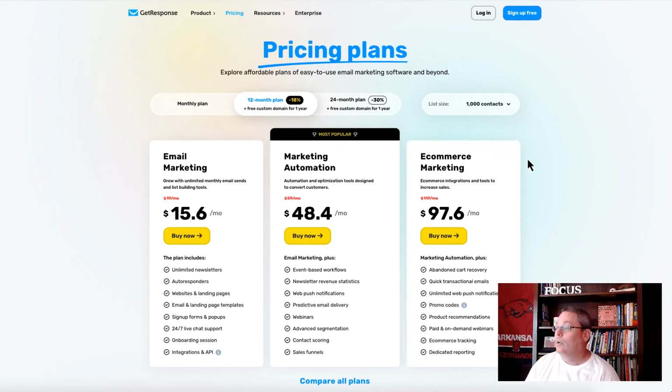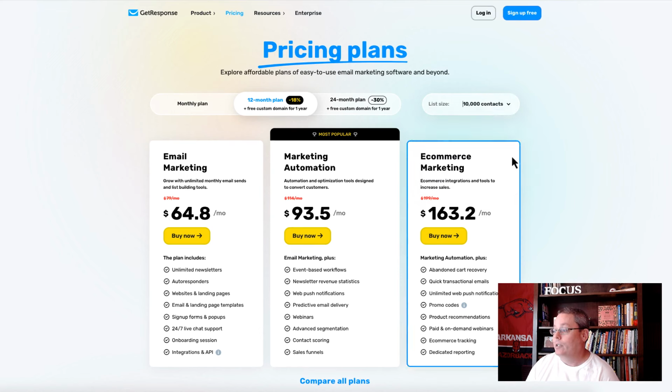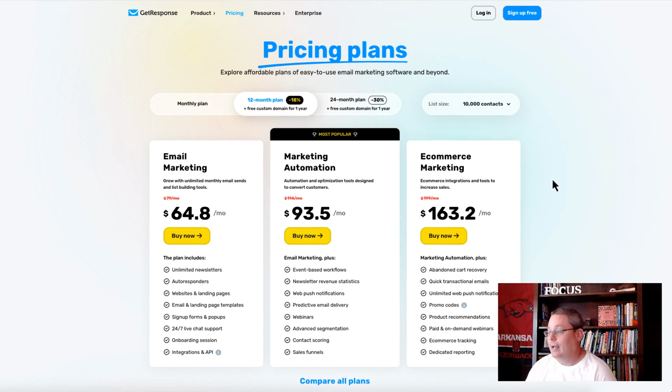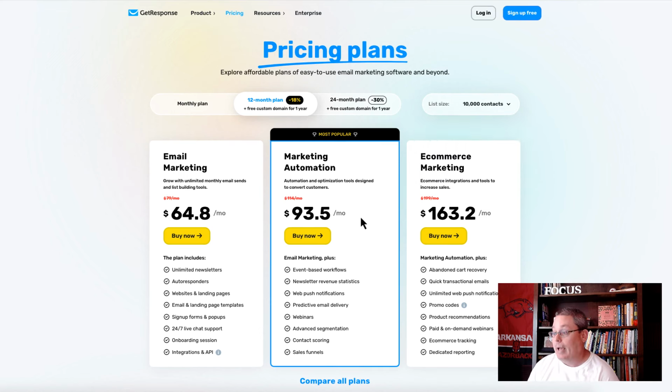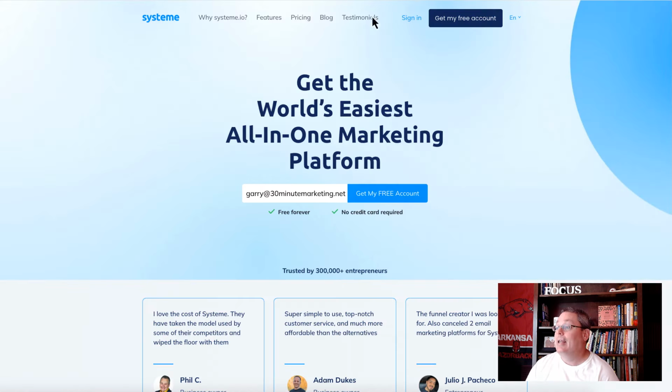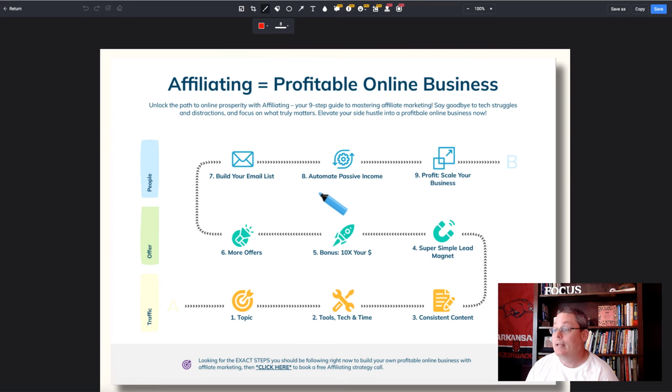Now, once you do move past free, and you will move past free after you initially build out your business following the proven top strategy, once you get up to step 9 and you start to profit and scale, you get into the world of looking at how many contacts you have on your list. So for example, if you have 10,000 contacts and you're going for the marketing automation package, which is the most popular, it's about $93.50 a month. Now, there are all these things that you get inside of the marketing automation plan with GetResponse, but is it actually the all-in-one marketing platform that we need